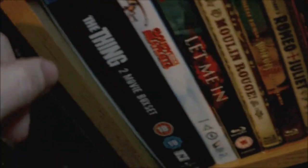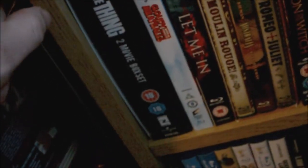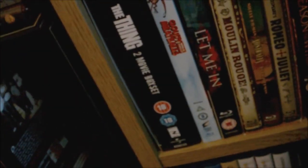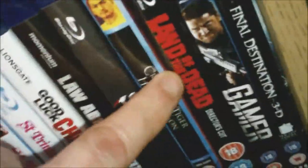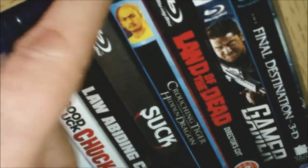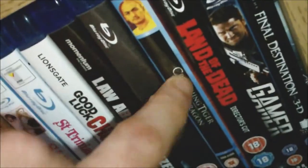Something terrible. The Thing. 2 movie box sets. So this is the original, and it is the new version, which I've watched half of it. Again, it's one of the films that I just can't really get into. I'm struggling. I need to watch it in the right frame of mind, I think. Right, down here we've got Final Destination 3D. In fact, I better put a light on. A wee bit black. Gamer, Land of the Dead, Crouching Tiger,